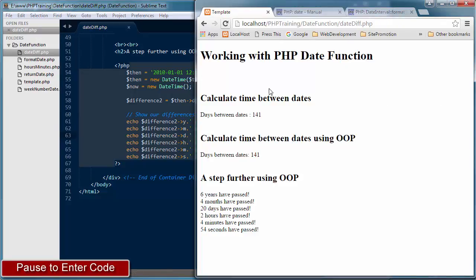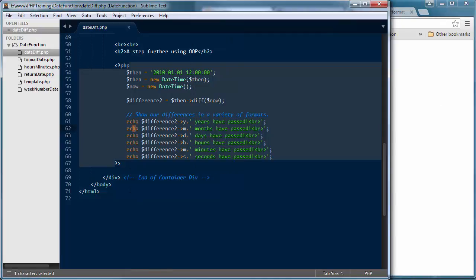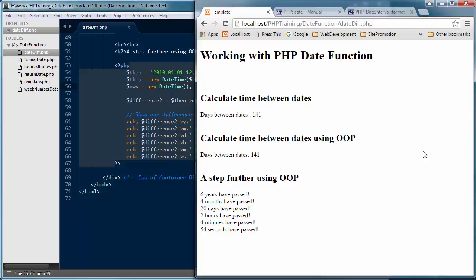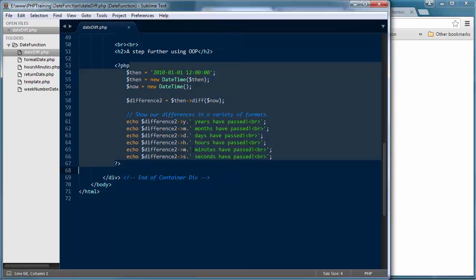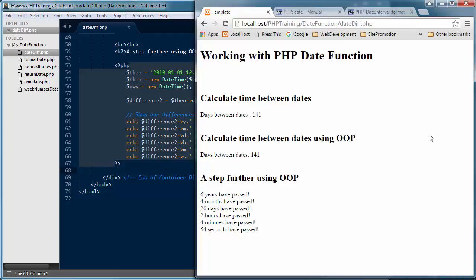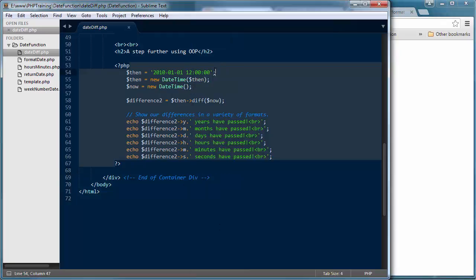Let's go and refresh our browser window, and you'll notice now from that date of January 1st, 2010 to the day today, to currently, whatever it is right now on my server clock, I've had 6 years pass. And remember, these are all floors. They're all being rounded to the nearest lowest integer. So I have 6 years, 4 months, 20 days, 2 hours, 4 minutes, 54 seconds have passed since this particular